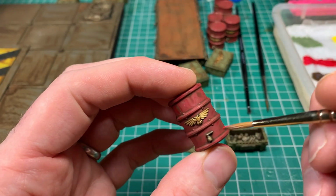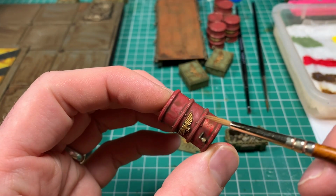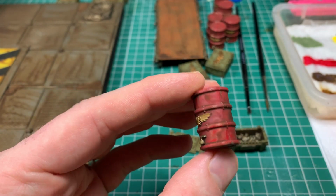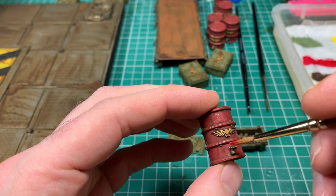Now, you could go to the nth degree when painting your scenery for Necromunda, and you could do each little scenery piece really vibrant and bright, but I want it gritty. It's a backdrop. Before on videos, it's really important actually, Necromunda is almost the hidden player, is the scenery. You've got to put enough effort in to make it look good, because you're not covering the board in tons